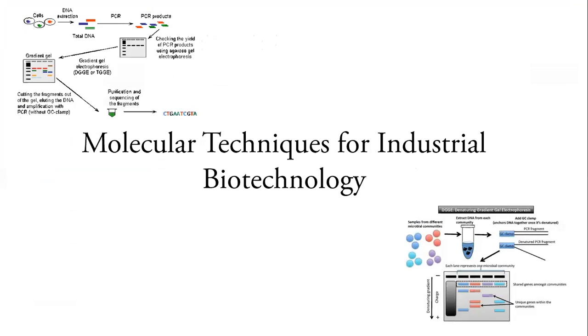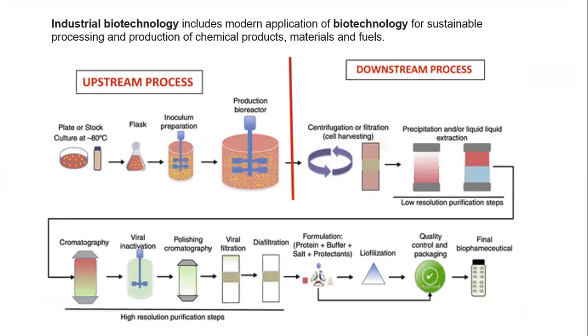In the previous classes, I have shown you some process slides. In those slides, I told you that industrial biotechnology is divided into two main processes, the upstream and downstream process. Of these two, the downstream process is very important because in this process we are able to purify and get various quality products, and these quality products are beneficial for human health